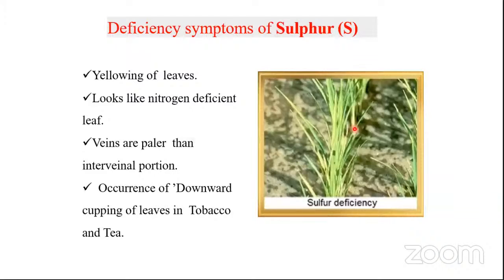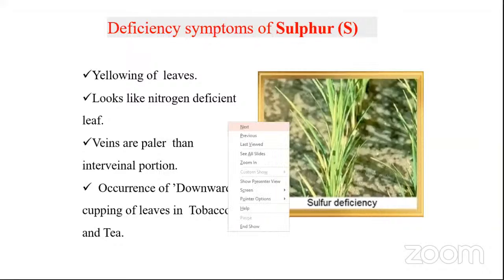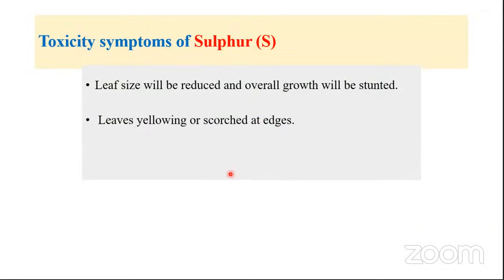Coming to the deficiency symptoms, you can see mostly yellowing of leaves, similar to nitrogen deficiency. You can see veins pale and yellow, and downward cupping of leaves, which you can see in tobacco and tea in sulfur deficiency. If there are toxic symptoms, there will be stunted growth, yellowing of leaves, and scorching at the edges. Coming to iron,